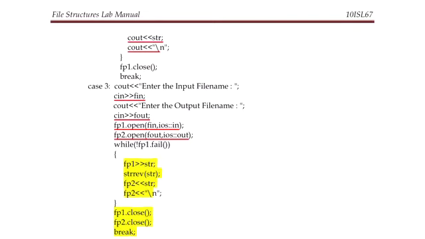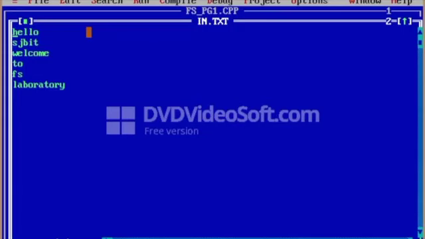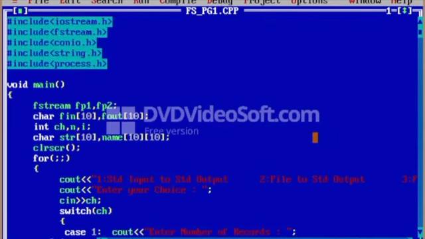So these are the three different cases that we perform. Let us look at the output of the first program. For the execution we will be using an input file. For this I have created a file called in.txt which has some names. Now let us see the program. So this is your first program. When you execute this program,